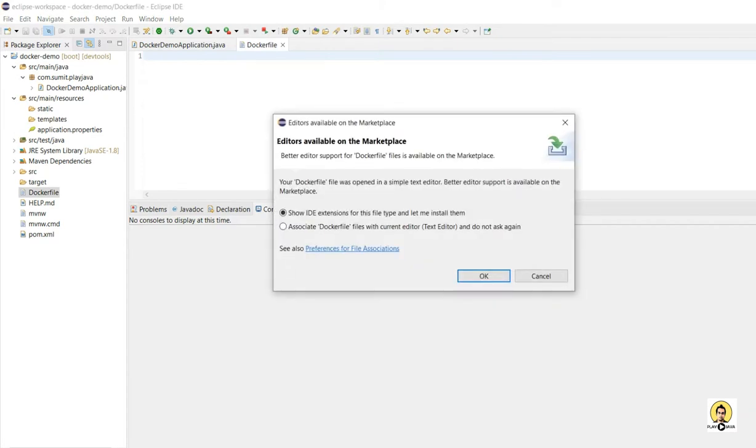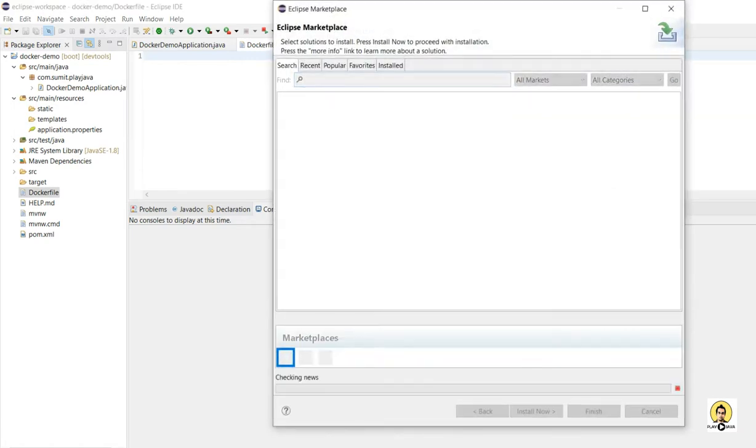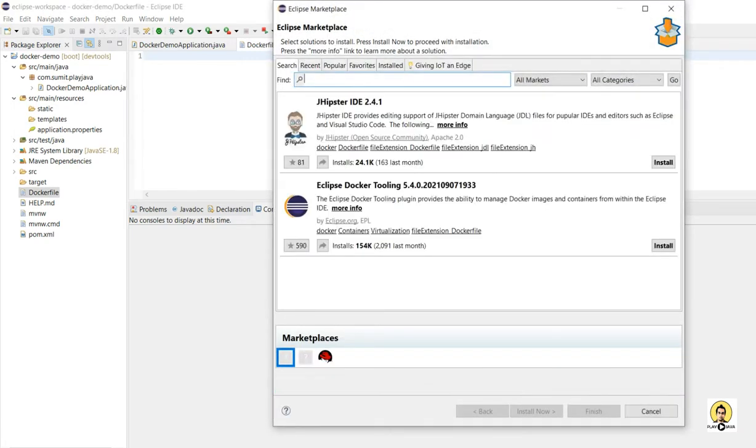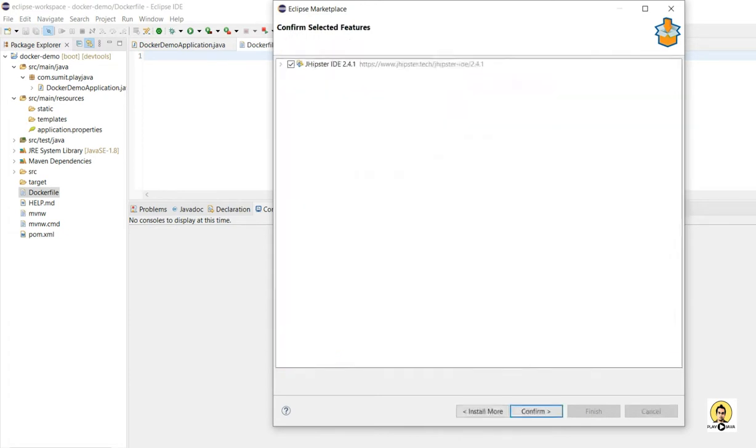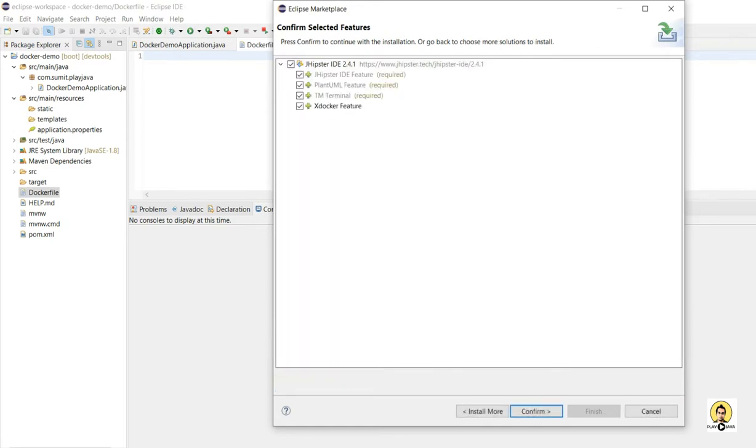So the IDE is saying that to use these kinds of files, you need to download some specific tools from the marketplace. So I am just going to download and install these. Any of the things I can download. Let's download JHipster and I will install it, and I click on install and it will be finished.